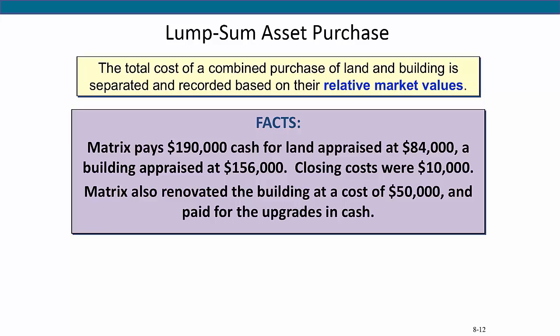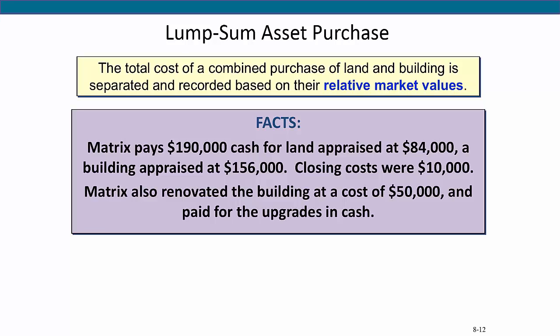To properly account for depreciation on the building, we must assign portions of the purchase price separately to the building and to the land. When faced with this type of situation, accountants normally allocate or split the cost of the purchase among the assets acquired based on their relative market values, which is usually determined by appraisals that are completed during the purchase process. To illustrate, assume that Matrix paid